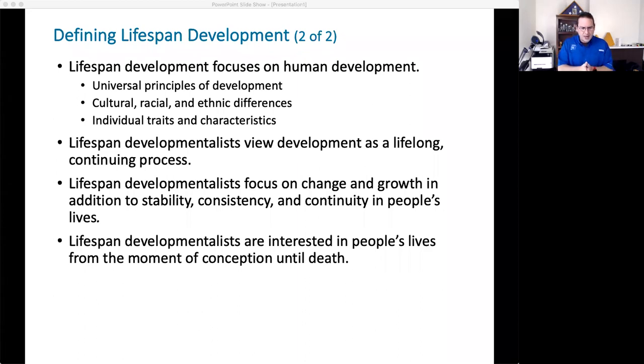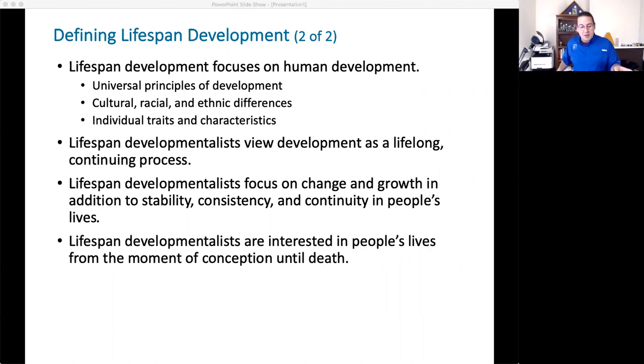Okay. But we look at stability. We want to see how stable that person's life has been. Like in the military, I experienced this a lot. A lot of people didn't shift from environment to environment very well. Some spouses or partners didn't make the move very well because maybe they were homebodies. Maybe they enjoyed being at home with their family, and then they're taken out of that culture and put thousands of miles away in a different culture that they have a hard time thriving and developing in. Okay, so again, these are all examples of instability or inconsistency in their environment.